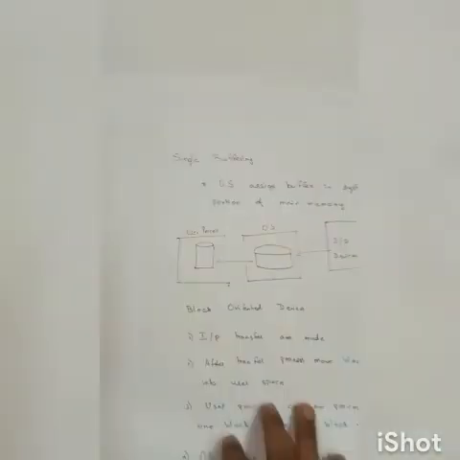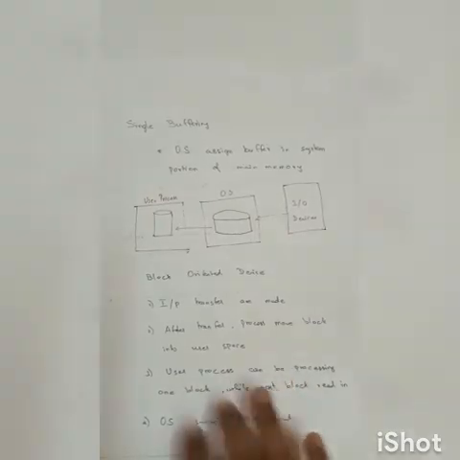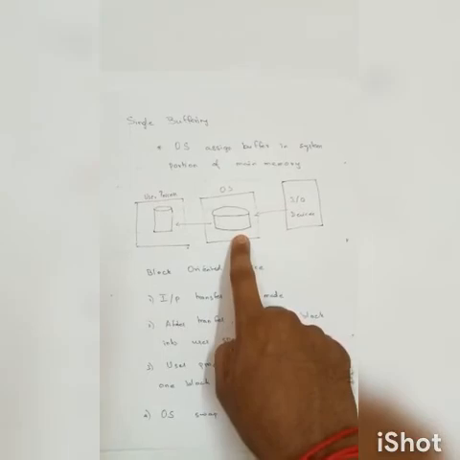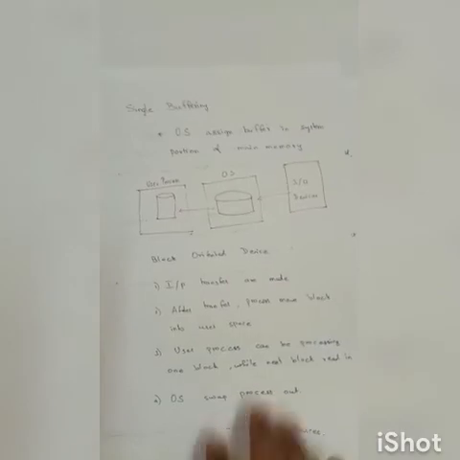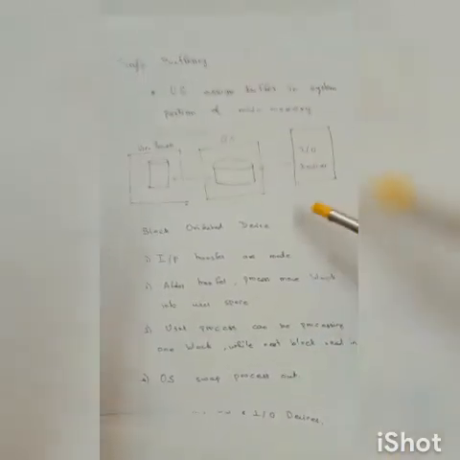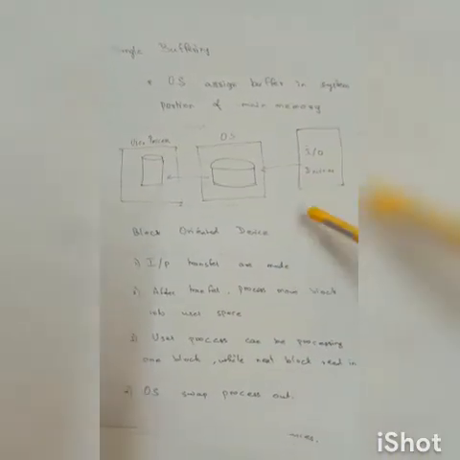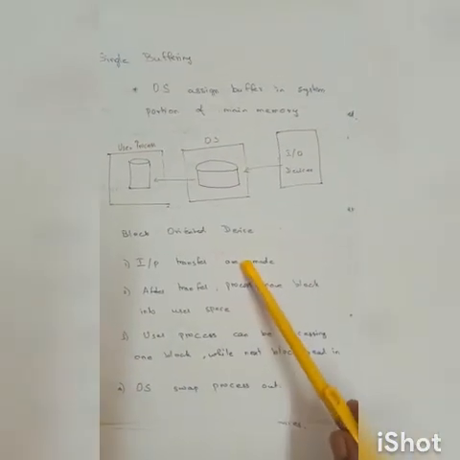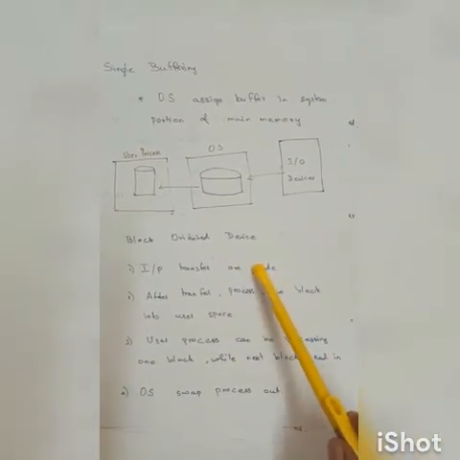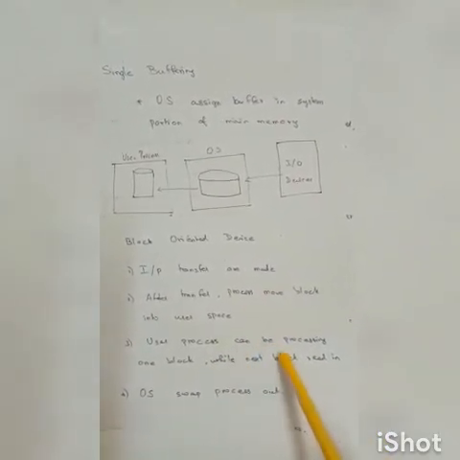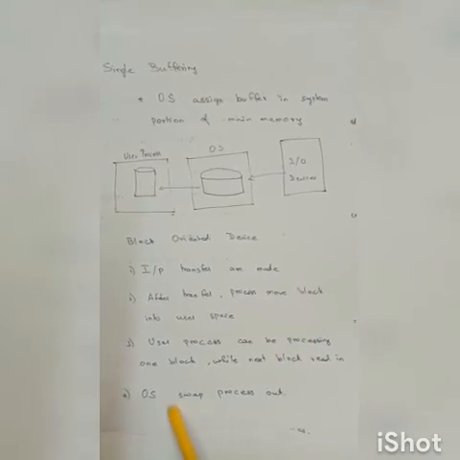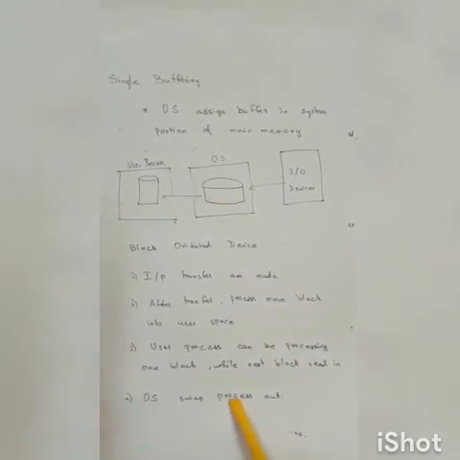In single buffer, a single process happens for the entire thing, where your input device requests the information from the operating system, and the operating system provides information to the user process. It has four steps. The first is that the input output transfer is made. Once it is made, it gets moved to the user. The user will process one block, while the next block is ready for the process, so the OS is ready to swap the process which is completed. This is single buffer.